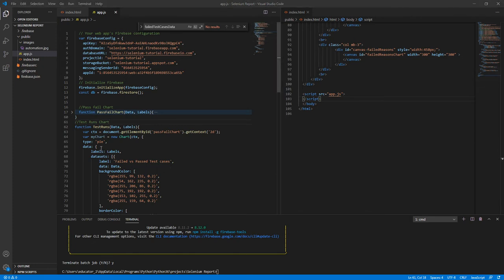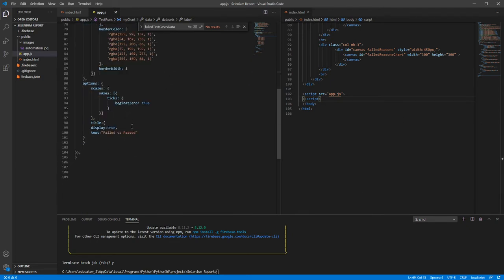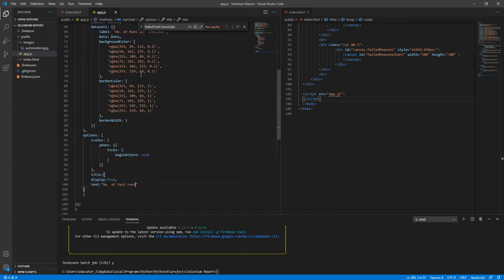And then with test run, I'm gonna use polar area, and then on the label here you're gonna say number of runs per test case, and then here number of test runs. Okay,